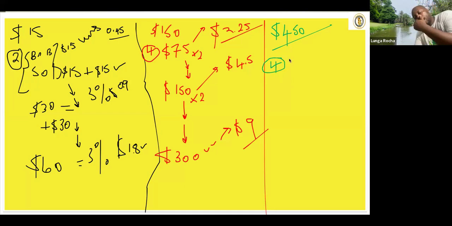Instead of entering the market with $450, enter the market with $225. If you were to hit 3% here, it's going to be what? It's going to be $6.75,